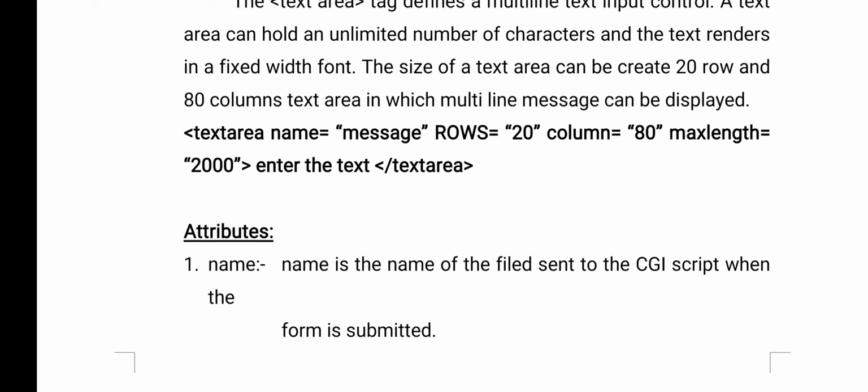Only one thing you need to remember is, if it is a text field, you can enter one line of text. If it is a textarea, the user can enter multiple lines. But how many lines you can enter depends on the information you provide using the rows attribute and the cols attribute. Rows equals 10, for example, means that box consists of only 10 rows. Cols equals 80 means the box has 80 columns, so the user can enter up to 80 characters in a single line.